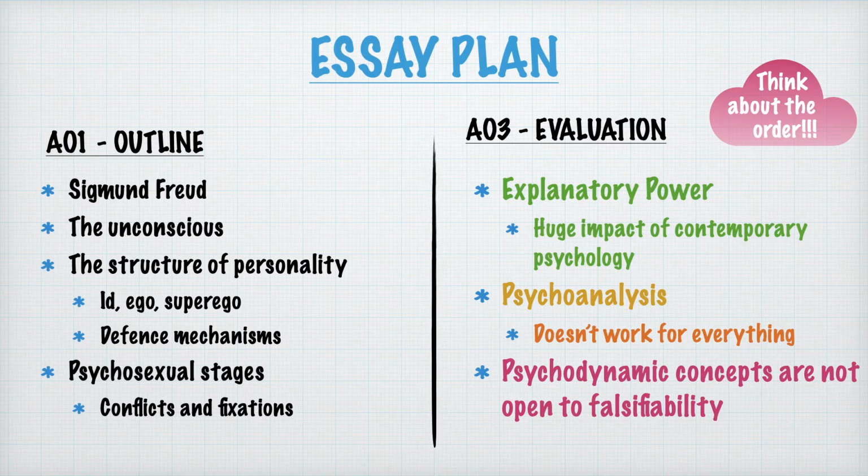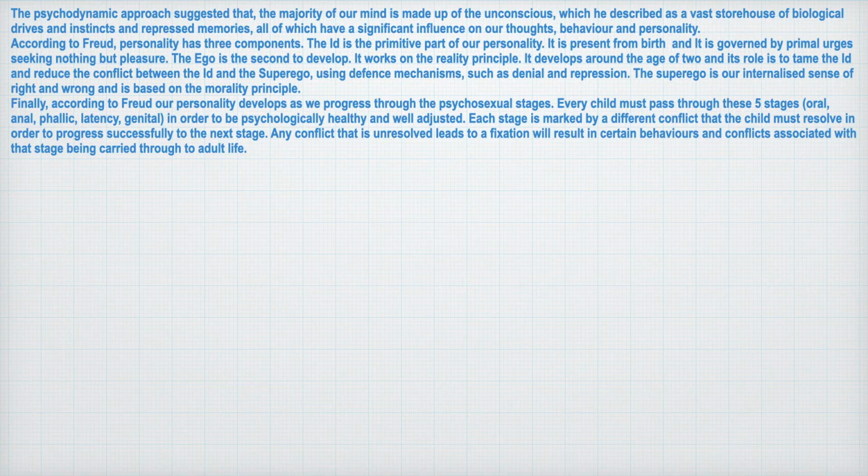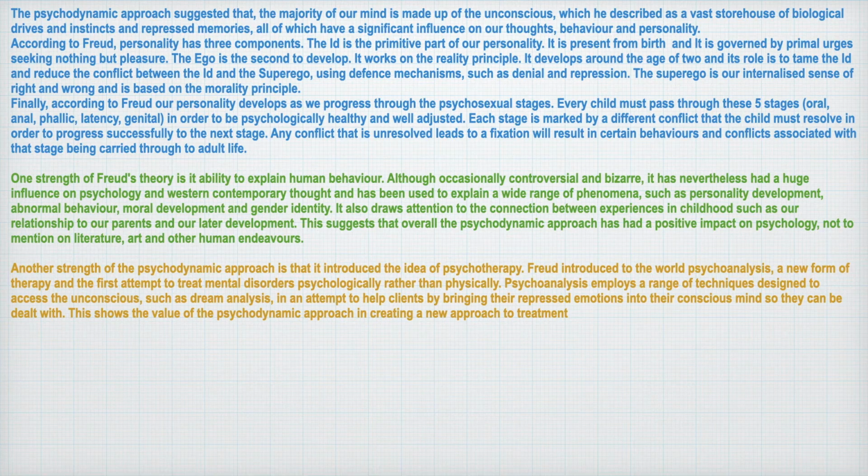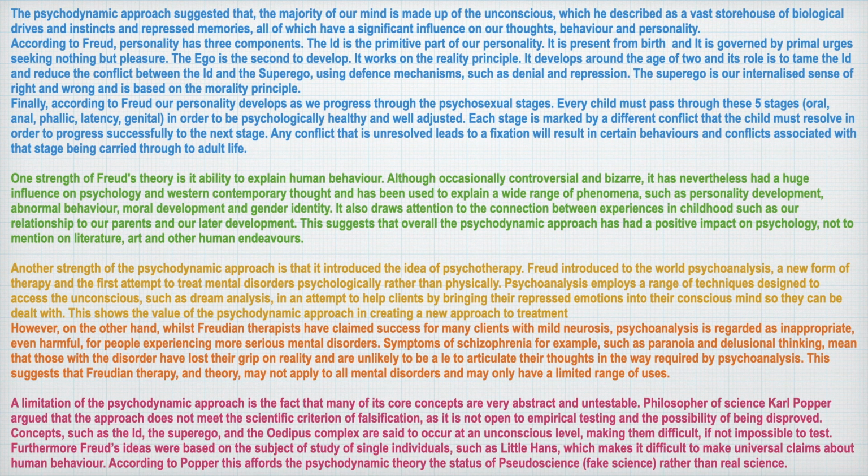Okay, I've got 3 evaluation points and 1 counterpoint, so that gives your evaluation section plenty of punch to get a level 4. So let's have a look at what this looks like as an essay. So there's my outline. As you can see, it's slightly longer than some of my previous outlines. It's still just over 200 words, but keep in mind that the psychodynamic approach is an A-level topic, and so there's going to be slightly more to say than in some of the Year 1 topics. You've then got the 3 evaluation points and the counterpoint.